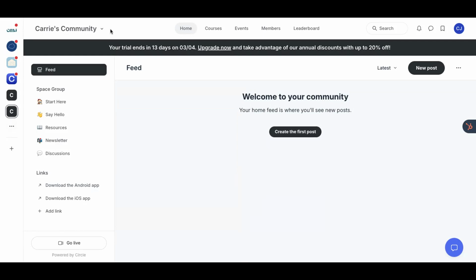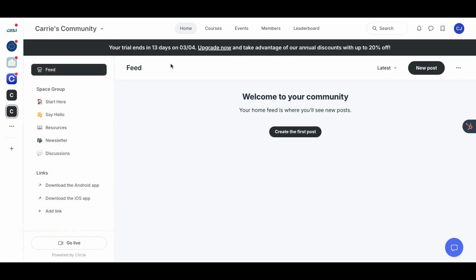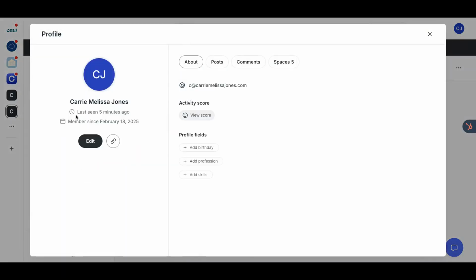And then the last thing I want to walk you through, and because there's a lot here, let's just acknowledge there's a lot of options, but I'm just showing you what is most important for you to pay attention to today. And the last thing that's important for you to pay attention to is profiles. So this is what a member profile looks like. If it's actually filled in, this would have a picture. There's default fields in the basic plan. You can only ask, I believe it's just these 3 questions.